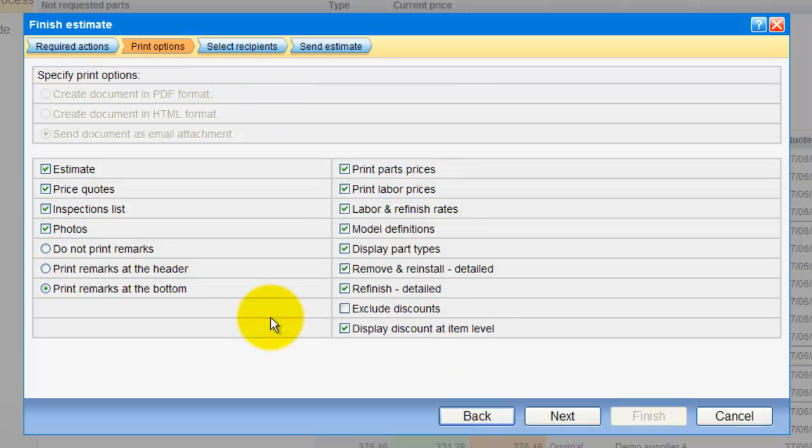This is the information I would like to send to all the people that I'm going to share with. I have some information about the part prices, the labor, the refinish rates, and remove and reinstall, and also discounts. The photos, the inspections, everything can be sent. Next,